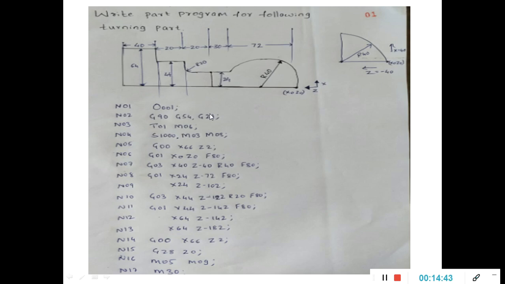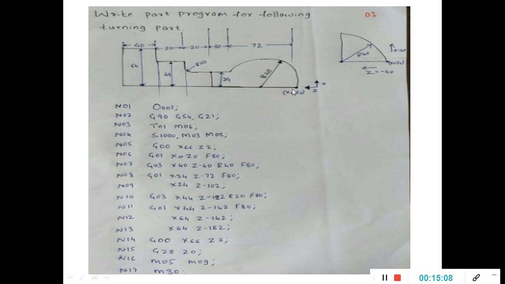The only difference between milling, drilling and turning is that in milling and drilling, three axes are going to be used, that is X, Y and Z. X is horizontal, Y is vertical, Z is depth of cut. But in the turning operation, only two axes are going to be used: X coordinate, Z coordinate. X is vertical, Z is horizontal.